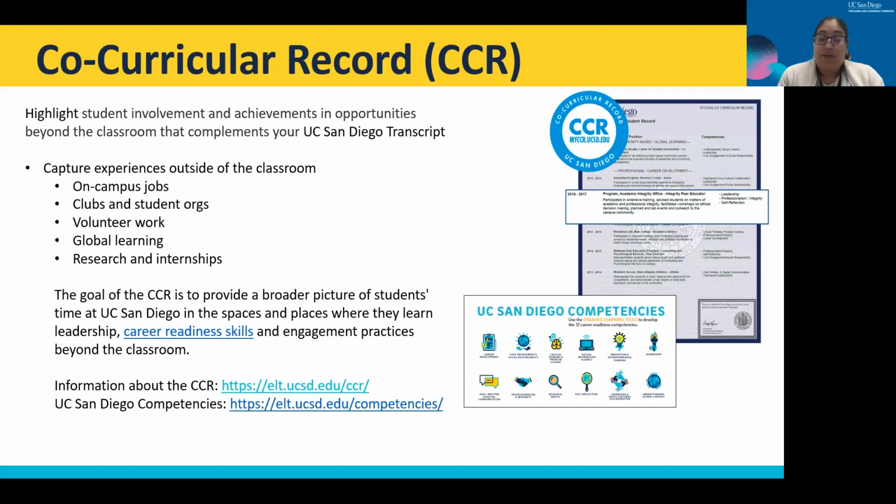And so the great thing about this resource is that when you are applying for jobs, like after graduation, or when you're looking at all of the different experiences that you've participated in, this is just a great way to highlight that. It's a great way to highlight your career readiness skills, whether for example, if you were an orientation leader, or if you volunteered as part of a student org, maybe you practiced leadership, maybe you practiced collaboration,